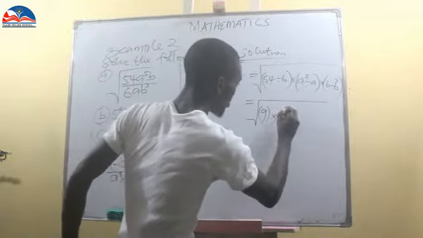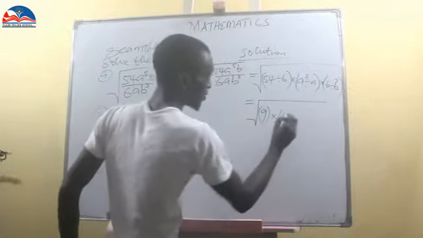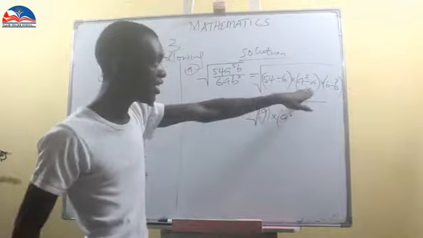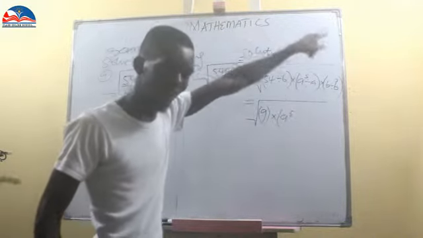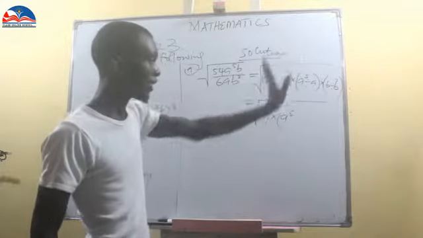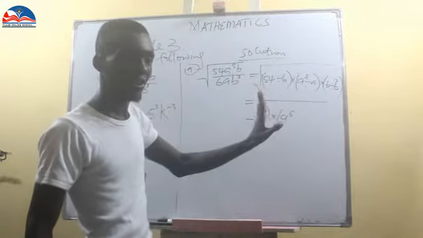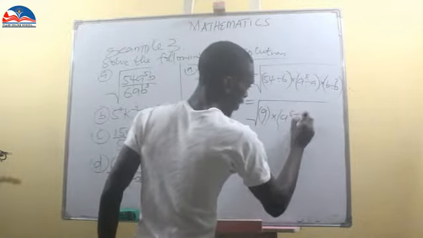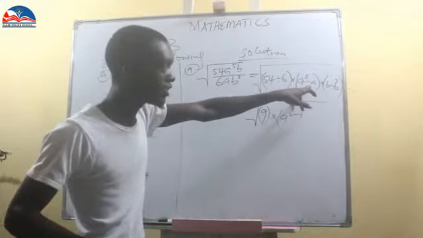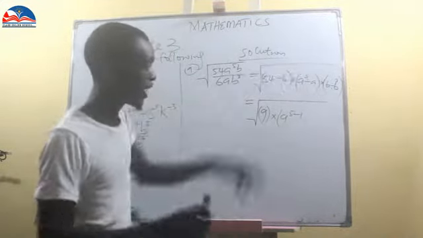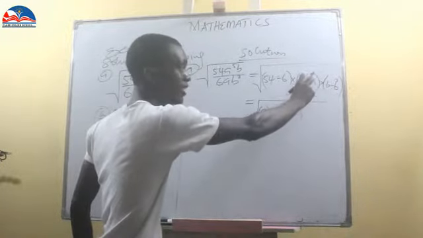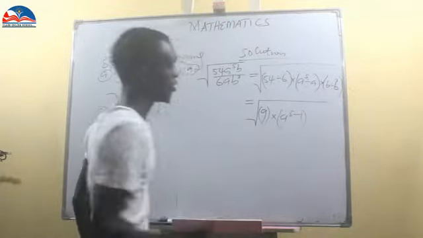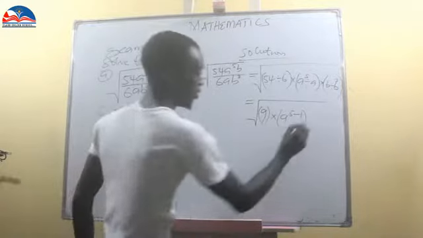So here you have a^5 minus, and don't forget a is the same as a^1. So the index of a is 1, and I subtract it by the law of indices. Alright, follow me. We have multiply by